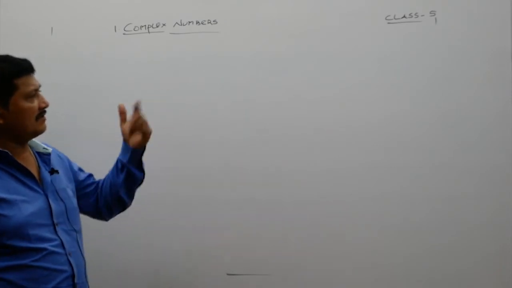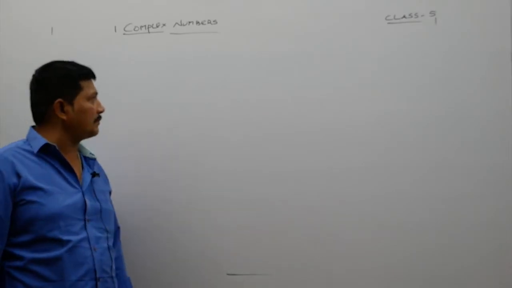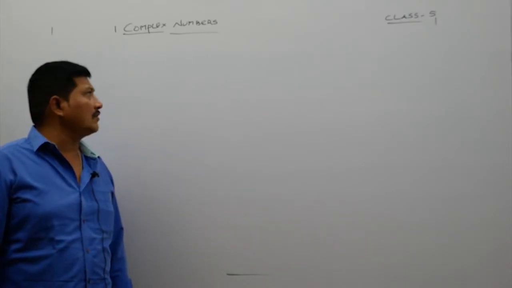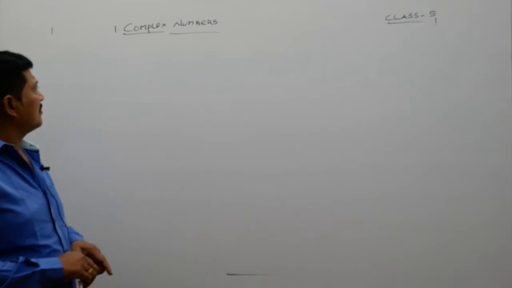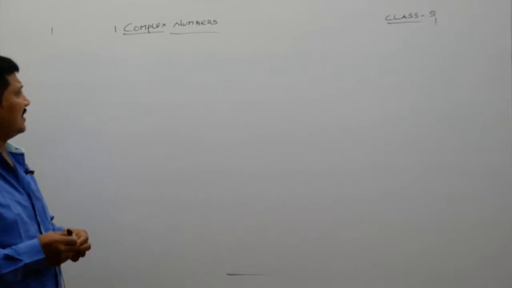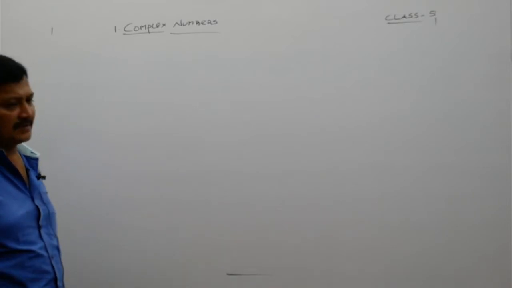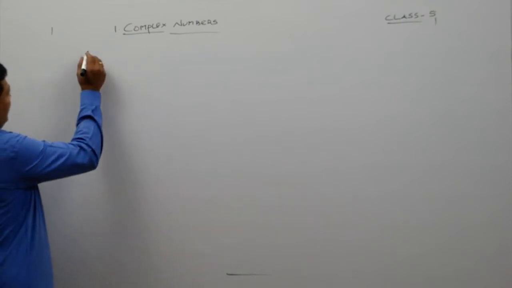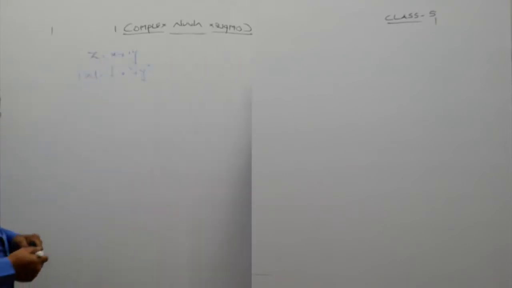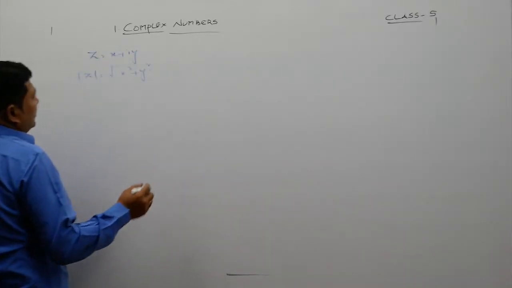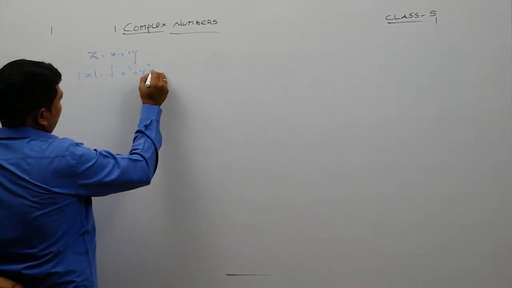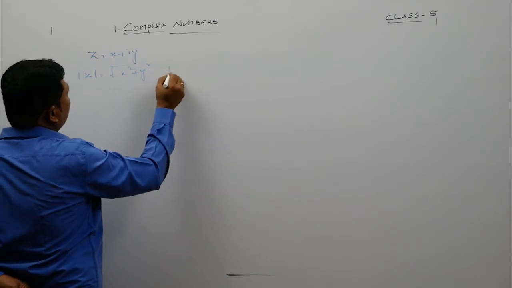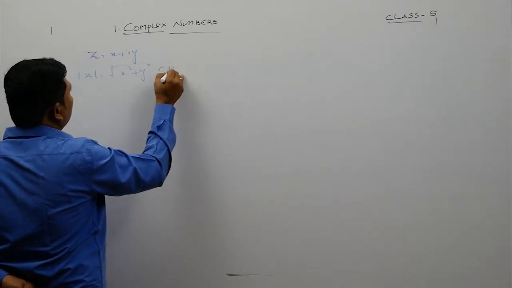This is class number 5. In yesterday's class we completed exercise 1B. Now we are going to know some properties as well as some definitions of complex numbers. And yesterday we defined if z is equal to, so this is nothing but a distance from origin to that point, and we call this one as OP.